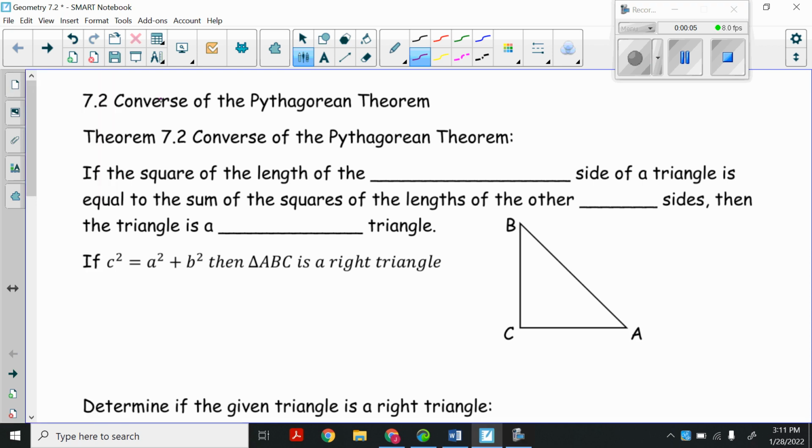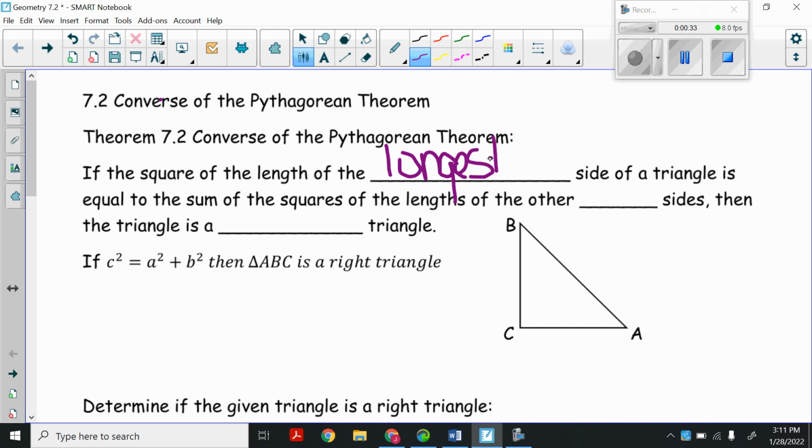Right, today in geometry, we are looking at section 7.2, which is the converse of the Pythagorean theorem. So the converse of the Pythagorean theorem, remember, converse simply means we trade places with the hypothesis and the conclusion. So if the Pythagorean theorem is, if it's a right triangle, then a squared plus b squared equals c squared, right? So then the converse says if the square of the length of the longest side